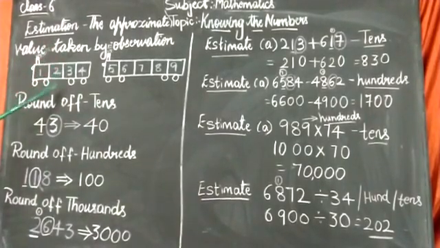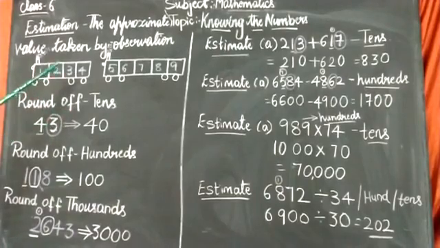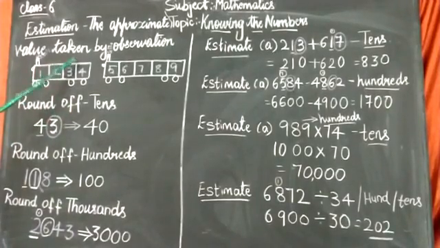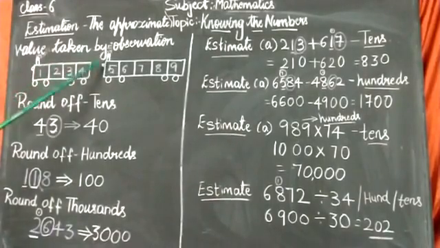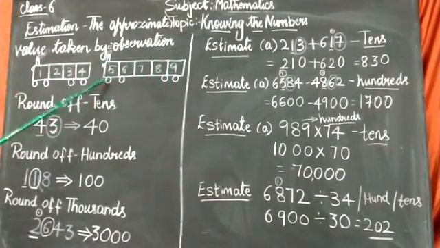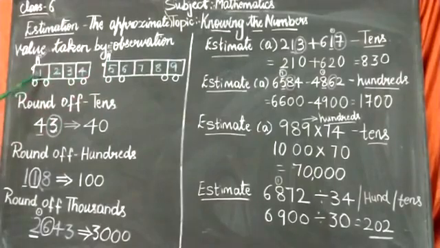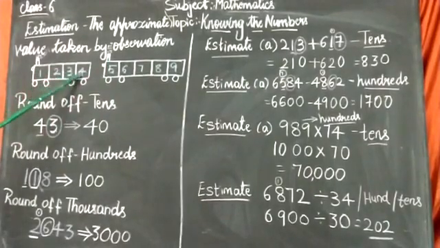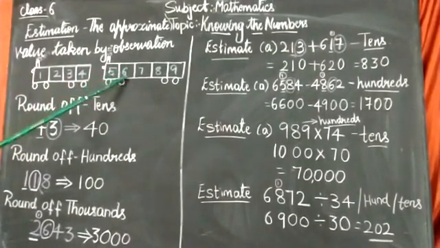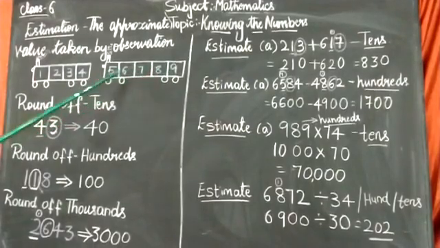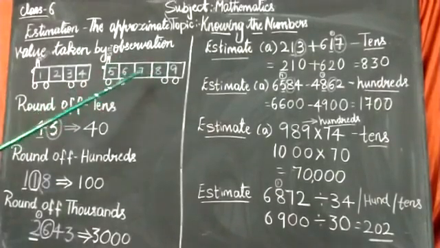Now I will explain rounding off through an example. Let me consider a train. This is the first family train. This is the second family train. The first family train has the numbers 1, 2, 3, 4. That is less than 5. The second family has the numbers 5, 6, 7, 8, 9. That is 5 or more.